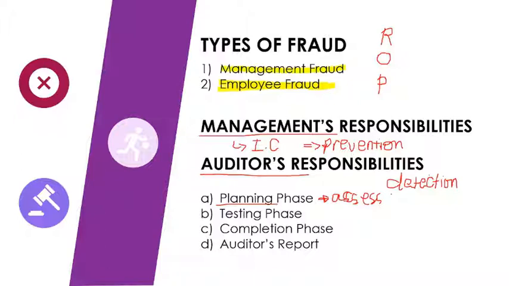So in the planning phase, naa po tay gitawag nga fraud risk factors, which are also found in your book. So kana siya mga fraud risk factors, these are mga examples na pwede nimo basihan kung unsa ang mga possible nga buhaton sa either management or sa employee para makakommit sila og fraud in their financial reporting. So take a look lang in your book, di ba, mga fraud risk factors relating to misstatements resulting from fraudulent financial reporting.